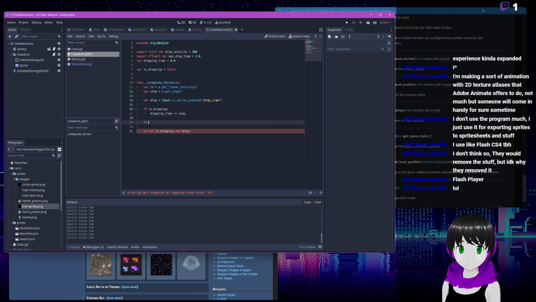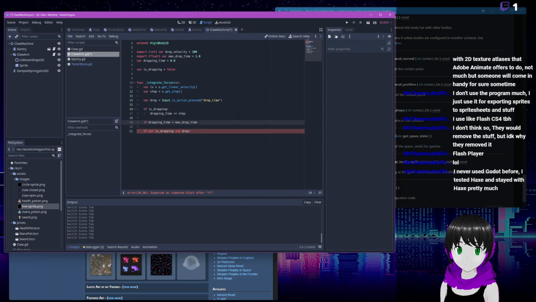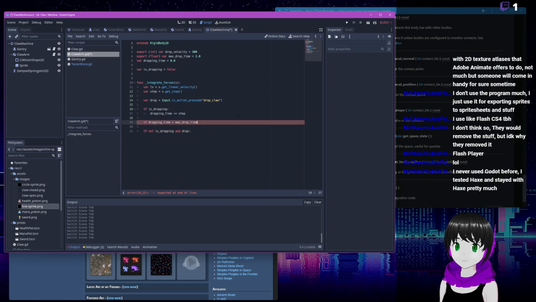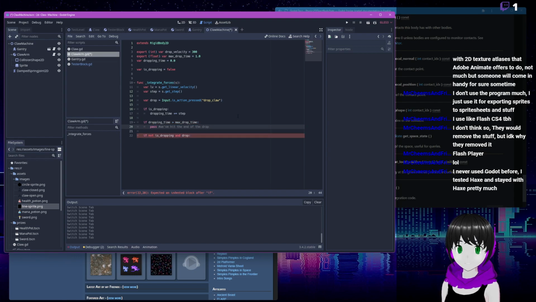If dropping time is greater than max drop time, then that means we've hit the end of the drop. And we'll do something. But if it is dropping,